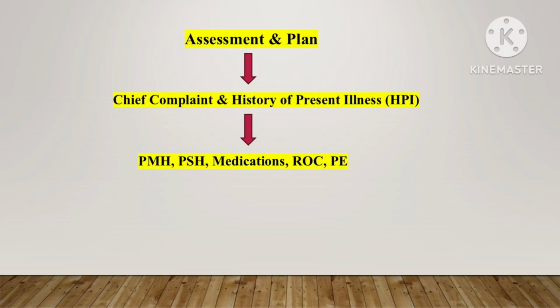Now why is this important? Suppose you get only a single code in the assessment, then that is your primary diagnosis. But what if you have more diagnoses in the assessment? In such a scenario the chief complaint and HPI help you decide which diagnosis is the reason for admission, and which one is getting more care. After HPI you can review the remaining sections of the chart and finish your coding.